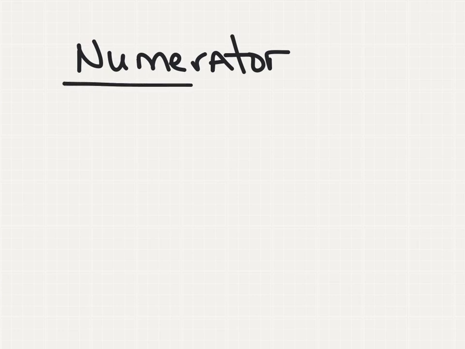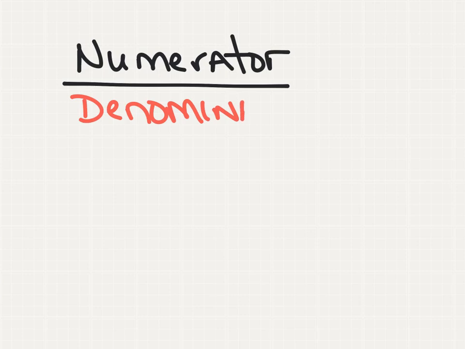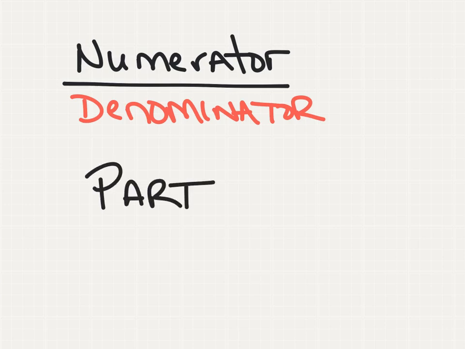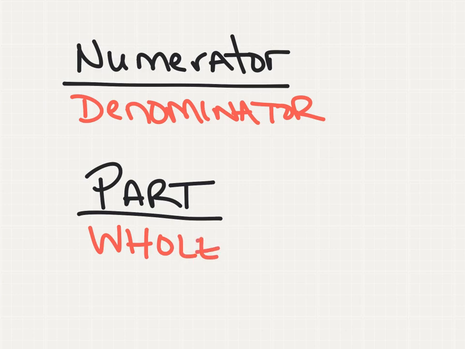We know a fraction has a numerator. And we definitely know a fraction has a denominator. The numerator represents the part or number of parts that we have, while the denominator represents the whole, how many parts there are in the entire item. So for example, if I had a pizza